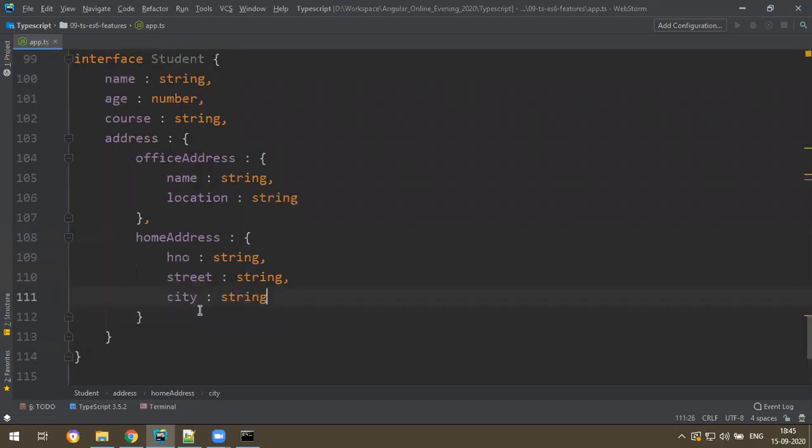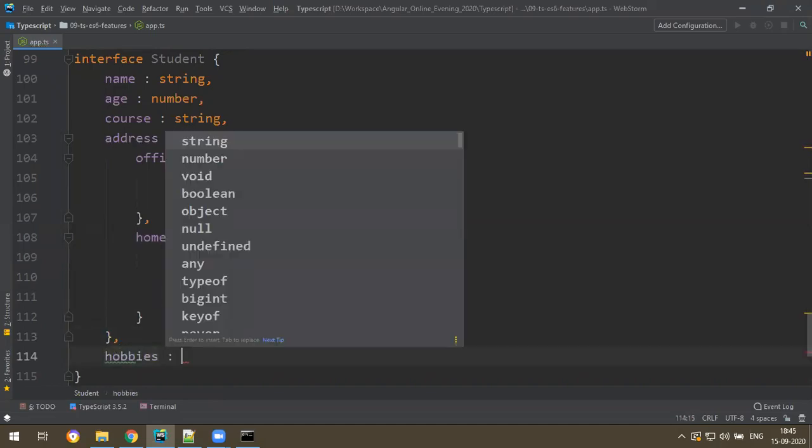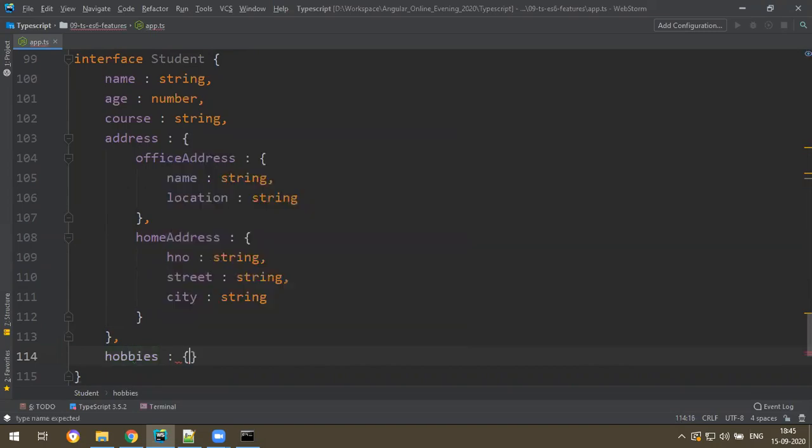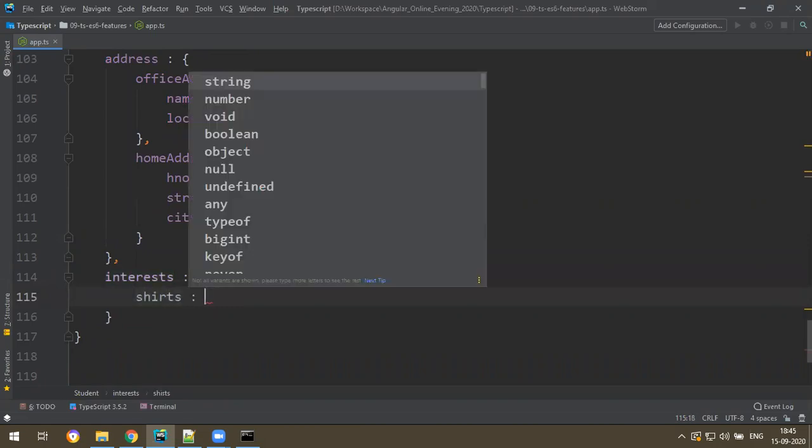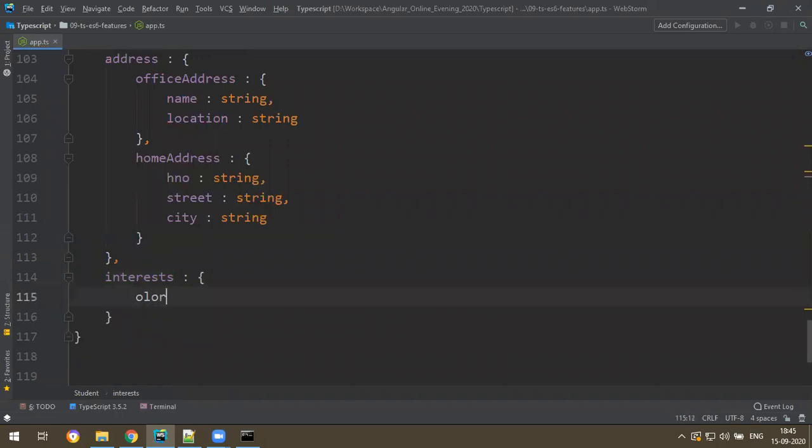Okay, a little complex object. And one more, I'll take something called hobbies, an object. In that you have, anything you write. Let's say interest, like in shirts, what color of shirts you want, kind of.